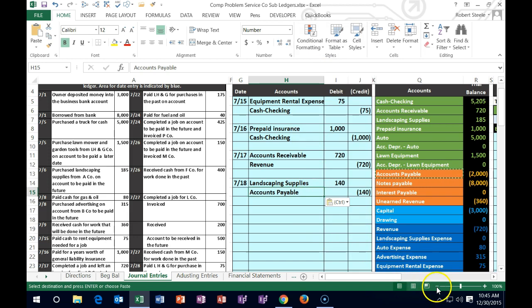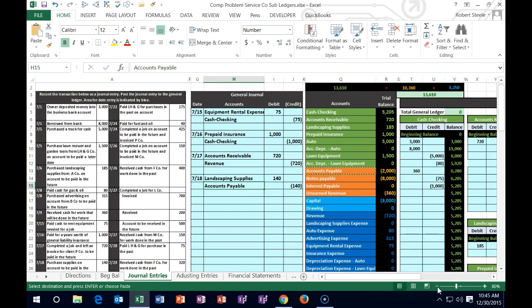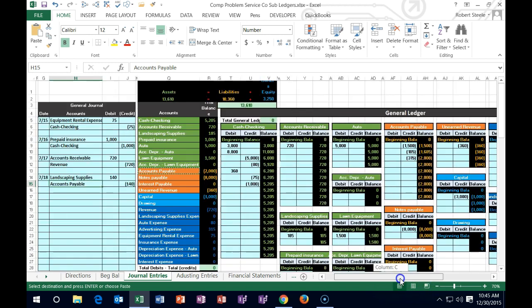I'm going to make it a little bit smaller so we can see the entire thing in the taskbar down to 70 again. And scroll over so we can see as much of the GL as possible. We're going to post the landscaping to the general ledger. And so the landscaping supplies is up here. It's the third account on the trial balance. Here's the general ledger, third account on the general ledger. There it is in cell